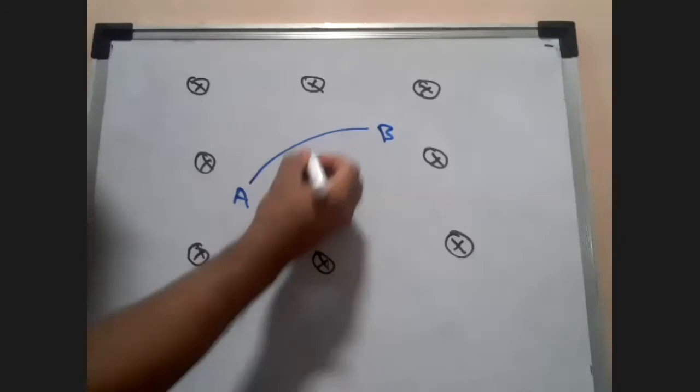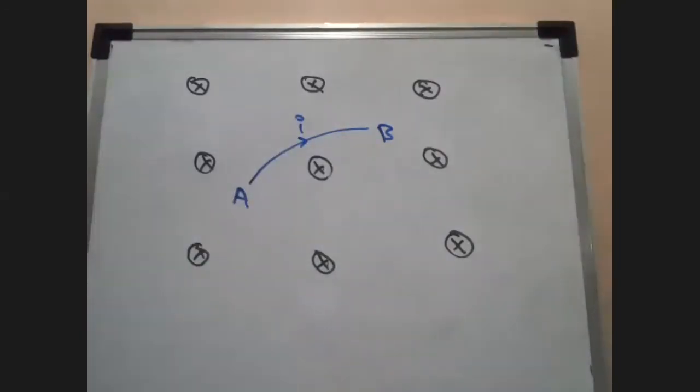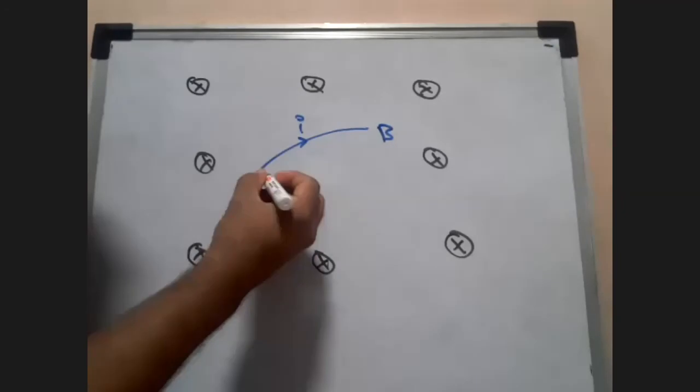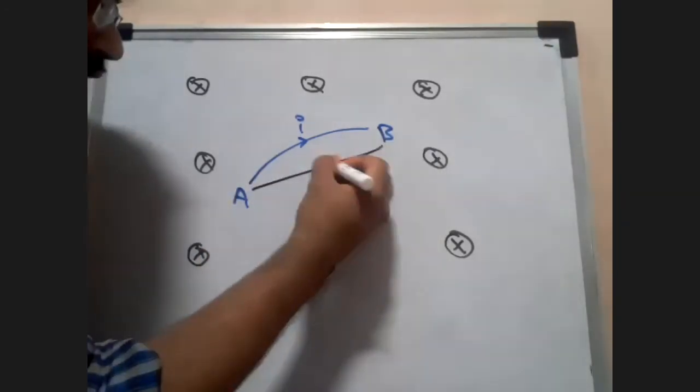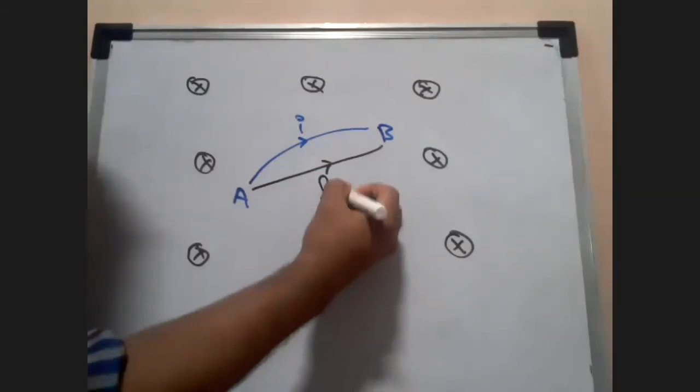If in the question they have given you the current to be in this direction, then first thing to do is, tell me students, consider the length vector. Length vector will be from which, towards which direction, students? Towards B or A? A to B. It will be from A to B, students. Okay. So I will take a length vector like this, A to B. So in that case, I will name this LAB, of course.